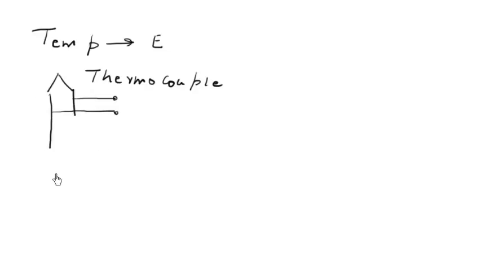But then how about converting the electric signal into the temperature signal? Well, all you require is a heating coil which is resistive. So when the power is dissipated in this, the temperature will rise. And as an example of these two different kinds of transducers, one temperature to electric and the other electrical to temperature,